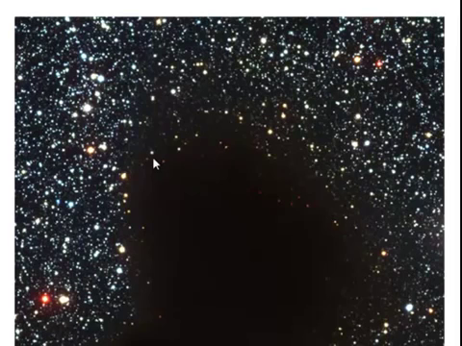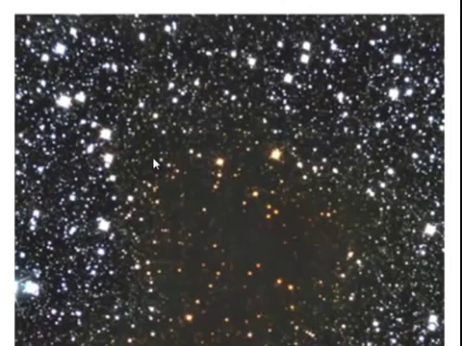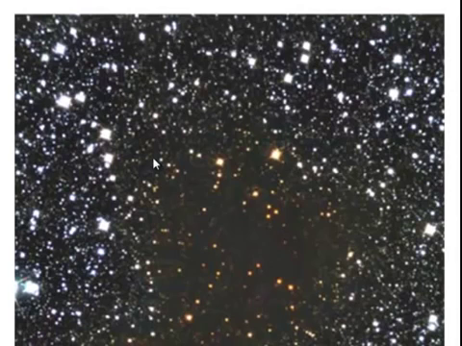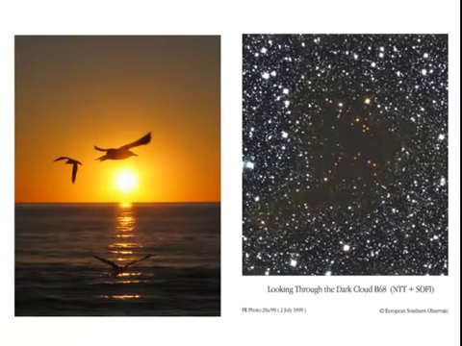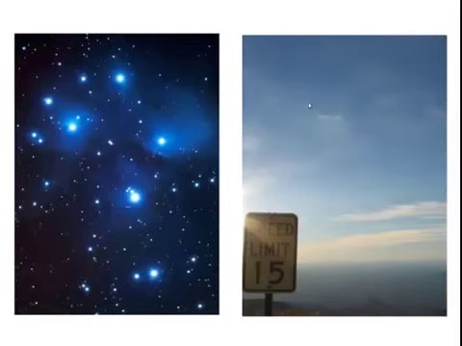If we had light that was even redder than red, it might be able to penetrate through and not get scattered. Well, we do have light that's redder than red. It's called infrared. If you look at the same cloud in the infrared, you can actually see the stars behind it. It almost looks transparent. It's still being reddened a little bit, so we're still seeing some scattering even of the infrared light, but you can see that the red light is passing through. It's the same analogy: the dust scatters the blue light away and the red light passes through. Now let's see if we can see that blue light that's being scattered.